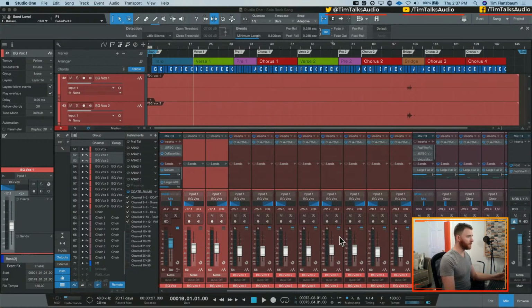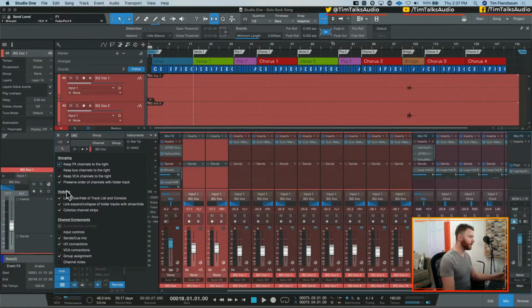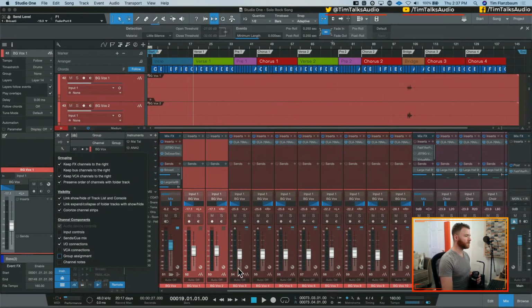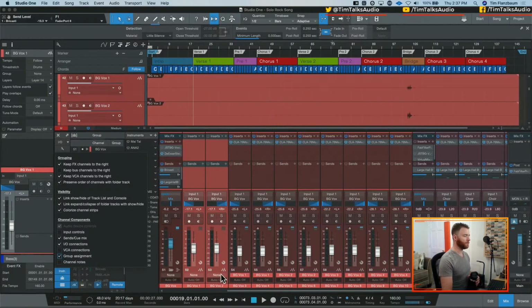When you have your mixer open here, you go to the wrench, and then down on the bottom, group assignments. Right? Easy enough. We turn this off, that part goes away. Turn it back on, boom, there it is. He's back. So that's two different ways to see if you have groups going on in the mixer. You can also, if I remember correctly,